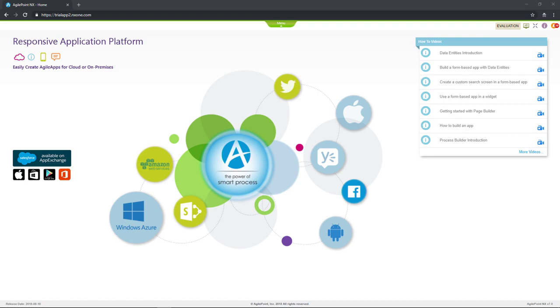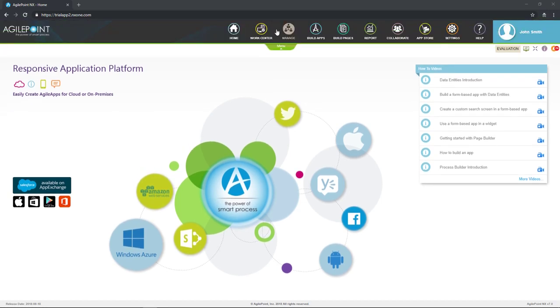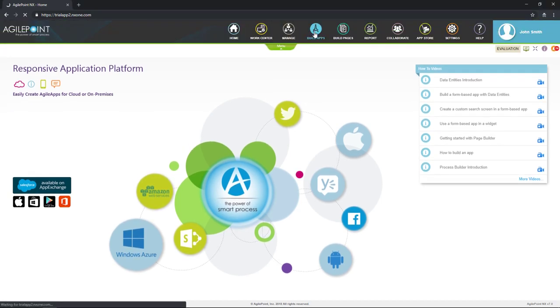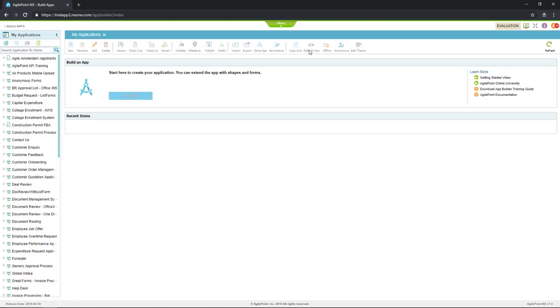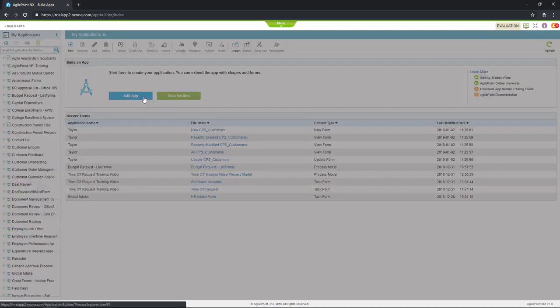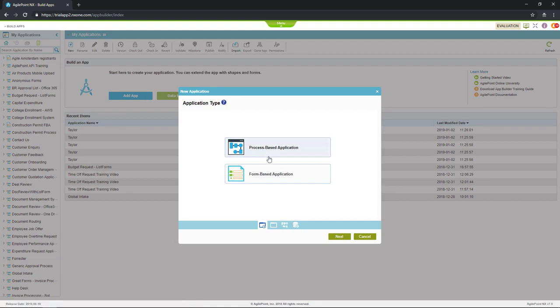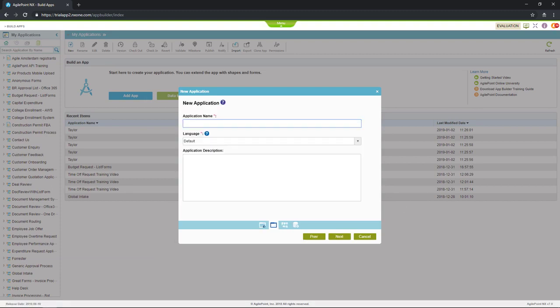Over the next 20 minutes, we'll walk you through building a workflow application using AgilePoint's Community Edition. To start, I'll navigate to the Build Apps menu. From within Build Apps, I will click on Add an App, and I'm prompted to choose between a process and a form-based application. For our process-based application, I will give the name of Time Off Request Training Process